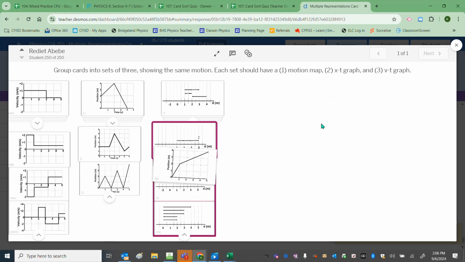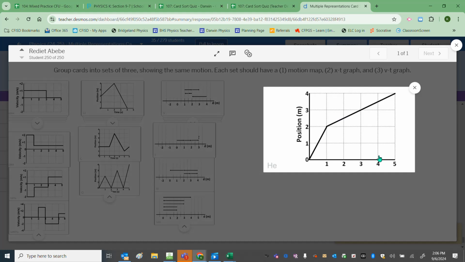I'm just going to grab this one. Okay, and so you can start with your position time graph, your motion map, or your velocity time graph, but I'm going to tell you right now, I don't recommend starting with the velocity time graph. That's the hardest one to match. So I would start with a position time graph or a motion map when you're trying to figure out what